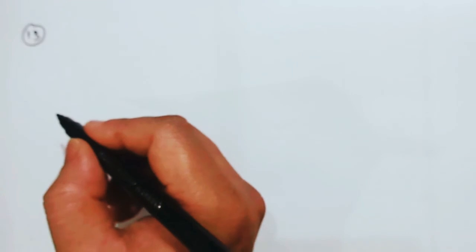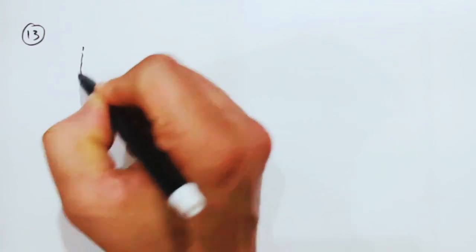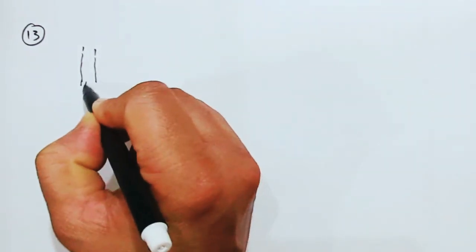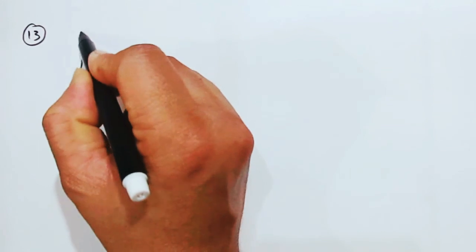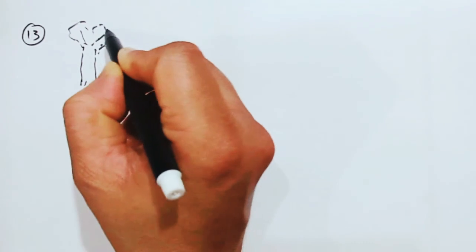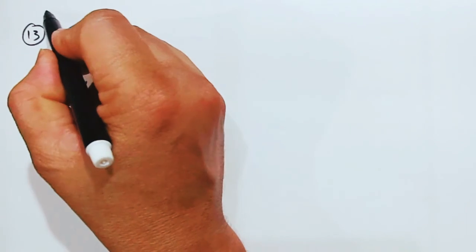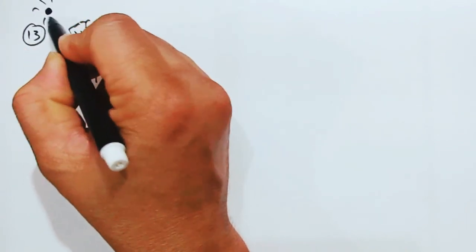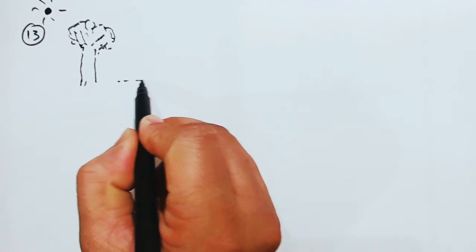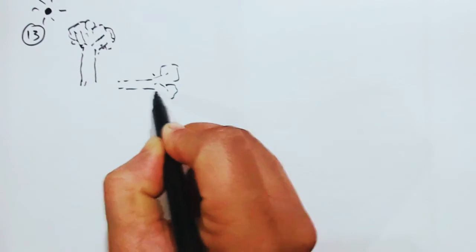Okay, coming back to number 13. A tree 24 meters high. So this is your tree. Even in the online examination, in the class, I made this diagram, and the students said, wow sir, so beautiful, you're a great artist. Of course I'm a great artist. See, this is the sun, and then this is the shadow of the tree.